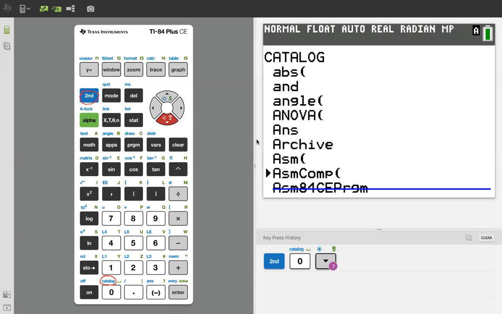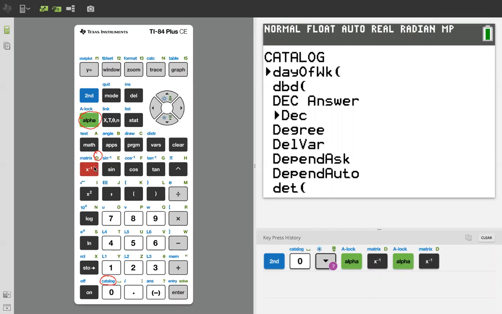It's in alphabetical order, or what you can do is go to the D right here, and it will let you skip to the D's. You notice that you have your letters here, A, B, C, D, F, G, and so on. But anything on the upper right-hand corner of a key, you have to use the alpha button. So we're going to hit the alpha key first and then hit this button. So let's do that. It's kind of weird, for some reason I have to do this twice, but then it lets me get to the D's. All right, now that we're at the D's, we're going to arrow down